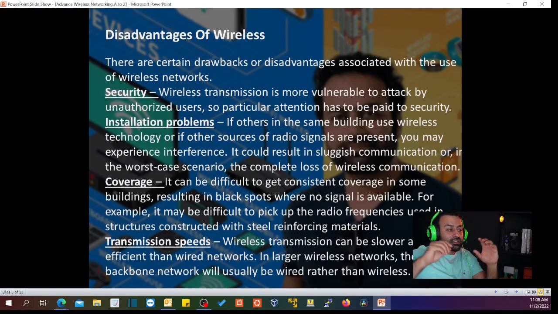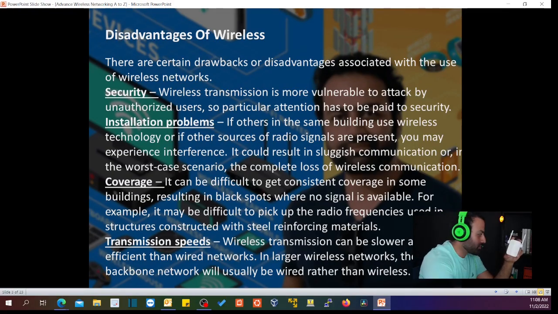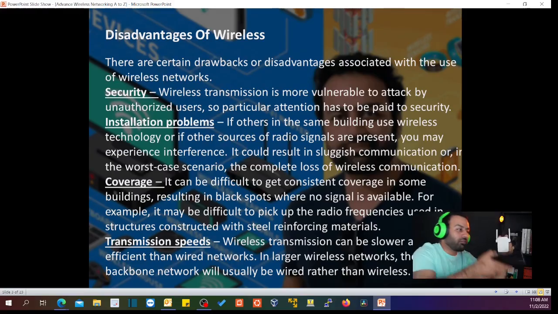Coverage is very important here, because this is a disadvantage. If you have a wireless extender or wireless access point and there is an obstacle, remember that, it was a very bad obstacle example. If my phone is right in here and this one is off, this phone is an obstacle. So it's very challenging for the consumer of this wireless access point to get good, high-efficiency internet. So remember that. That's very important. That's called coverage.